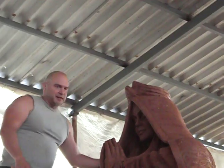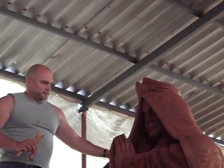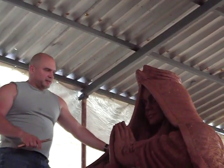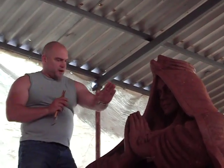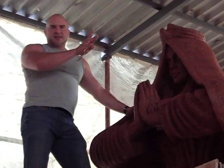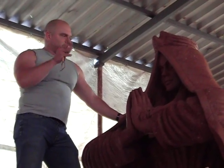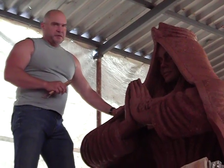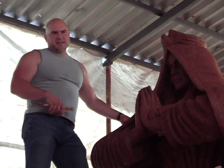This is the large Our Lady of Fatima sculpture, and it's a very interesting and new way of depicting Our Lady of Fatima. She's praying with her hands in a way that kind of forms a cross here, and so from a distance it will look almost like a lighthouse or a huge cross, and then once you get closer you can see all the detail here. This piece is 15 feet tall,